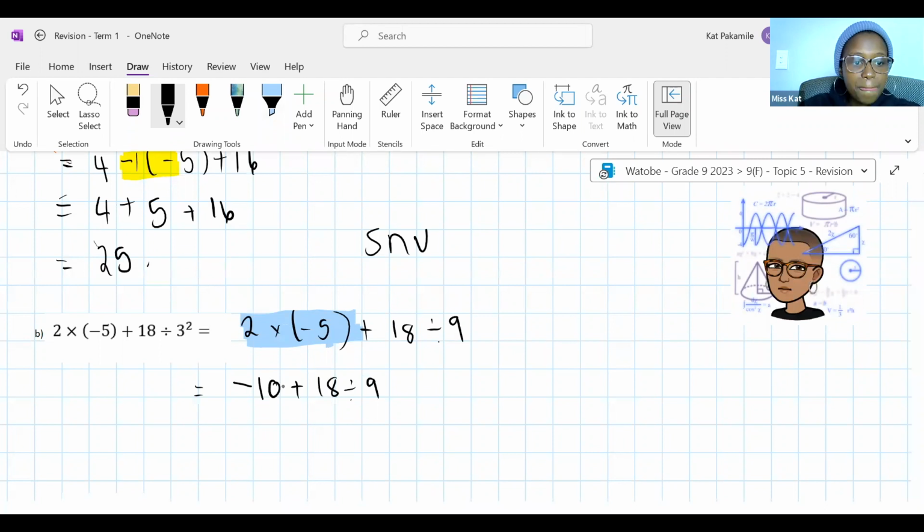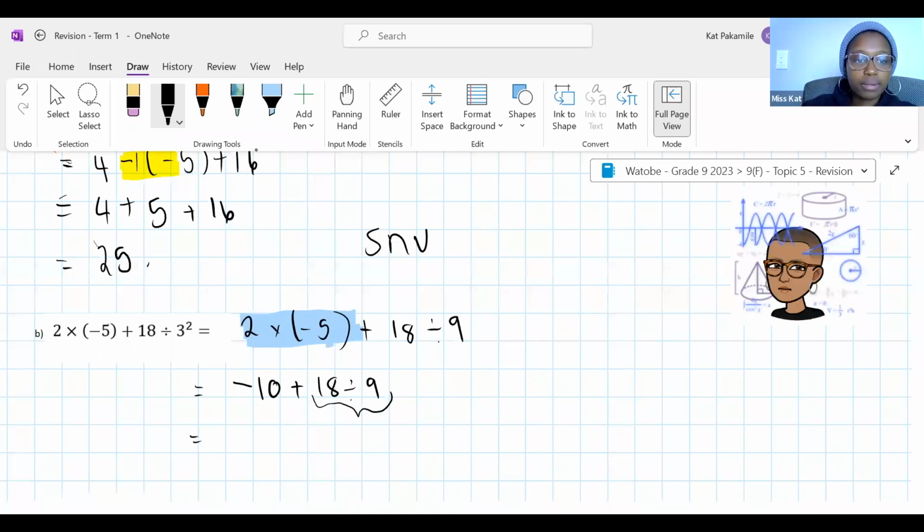Next step, we've dealt with multiplications. Do we have any division? Thank you, guys. I'm loving the participation today. Do we have any division? Newton already gave me the answer. Those of you might not see it at the end here. You divide before you add, okay? Don't make that mistake. A lot of my learners where I work made the mistake of adding first before dividing.